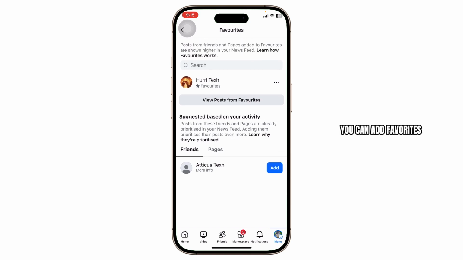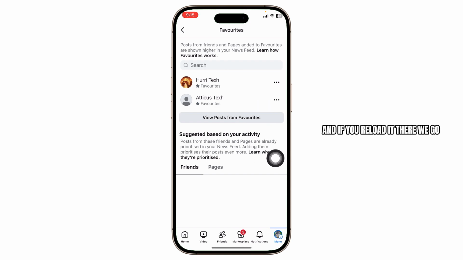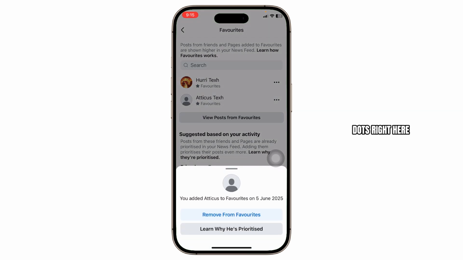You can add favorites from here as well. If you see this section right here, you can add your friends as a favorite. And if you reload it, there we go, I've just added a favorite. Now, if I want to remove them, I can simply tap on the three dots right here, then tap on